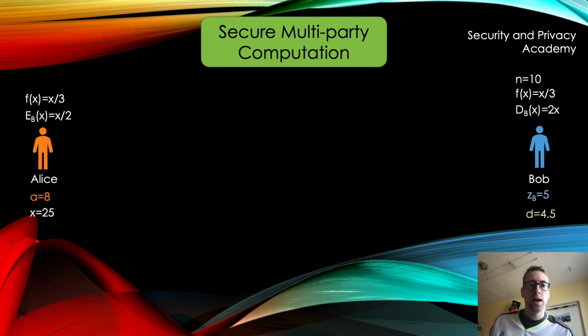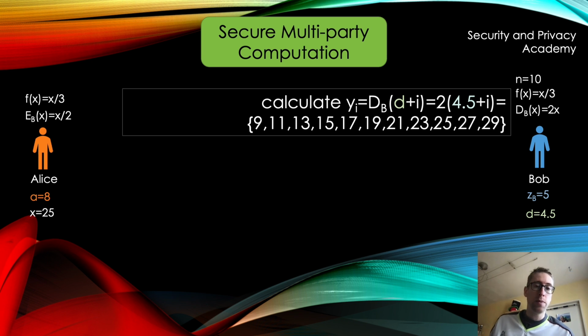So Bob now has to calculate two series. First, he calculates the series yi, which is the decryption of the value d, which is 4.5, plus the values for i, which are 1, 2, 3, 4, and so on until 10. The result is displayed here. And note that Alice's value for x, which is 25, is also within the series. That's always the case. Obviously, Bob doesn't know where, otherwise he could calculate Alice's salary, but it is within the